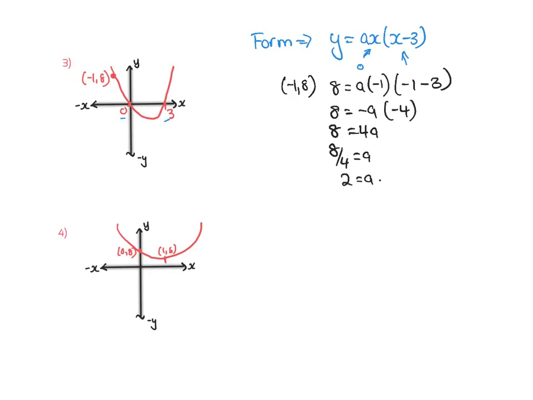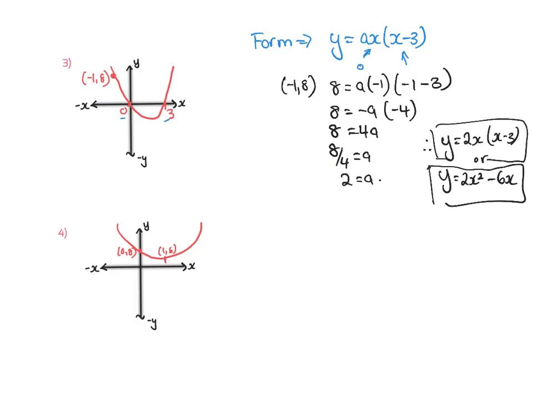So we could therefore write this formula out as y equals 2x(x minus 3), or we could expand it out and say y equals 2x squared minus 6x. Okay, so either answer would be correct. Okay, this last one is, we can't really see any